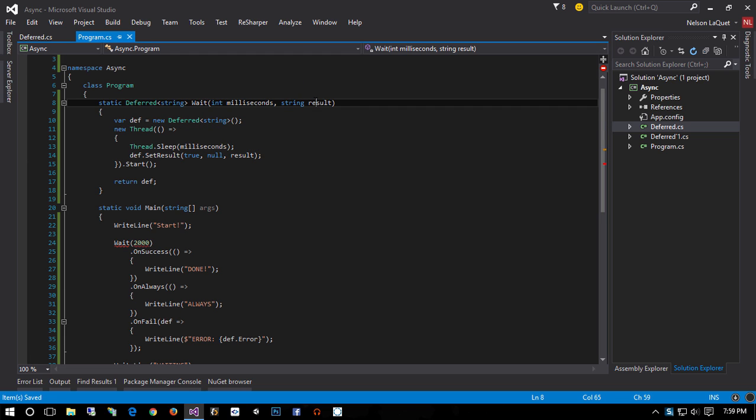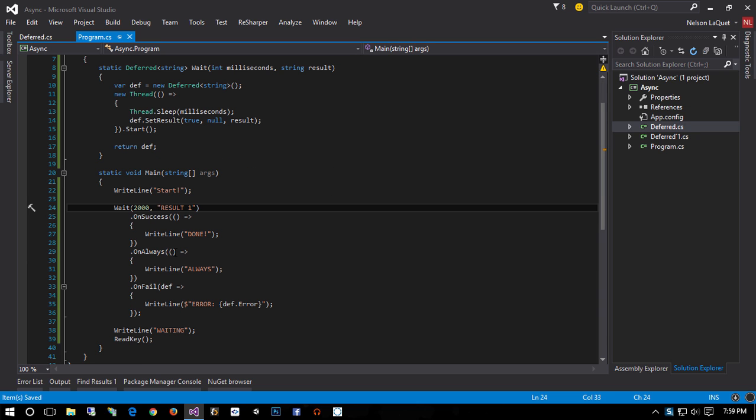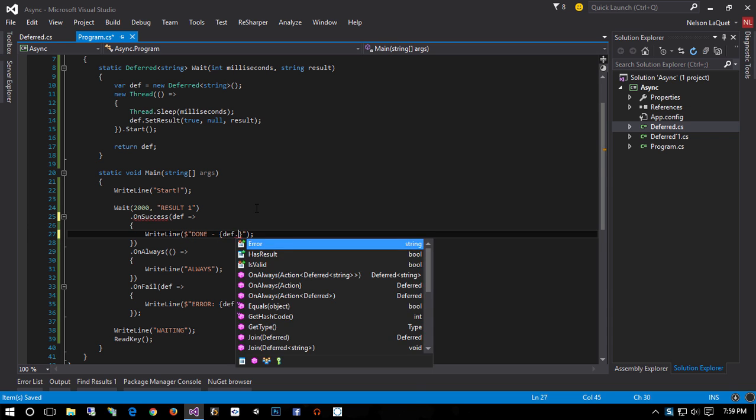So the result I'm pulling from the parameters here and capturing it in this closure, and then passing it off into the deferred. But the idea here is on my onSuccess, I now want to be able to extract out that result. So right here, I'll say def goes into console write line, and I'll do string interpolation, and I'll pass in done of def dot